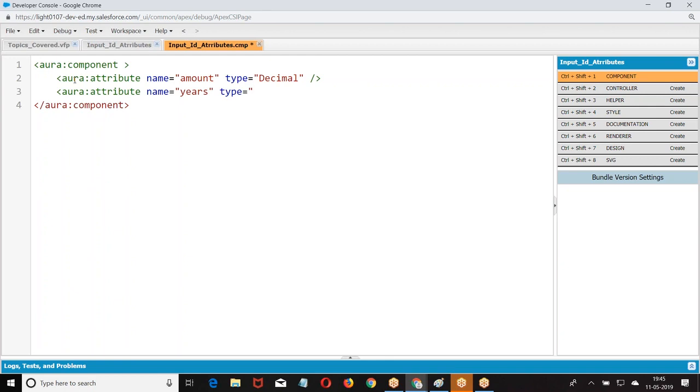Now, somebody has asked me before the break, when ID is able to do the purpose of attribute, why are you taking attribute? With the ID we are able to read the value and perform the operation, so what is the use of this attribute? Right. So look at this context.